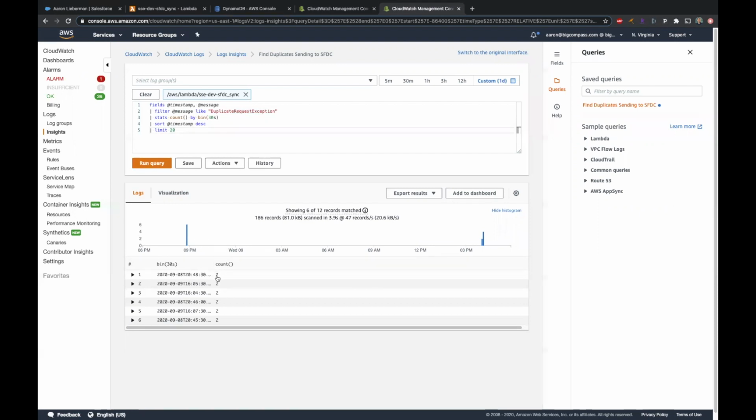And so now you can see I've had 2, 4, 6, 8, 10, 12 duplicates in the last 24 hours here, just testing out this platform. So another great way, if you're logging to CloudWatch as your primary mechanism, to be able to extract some value out of those logs in CloudWatch.